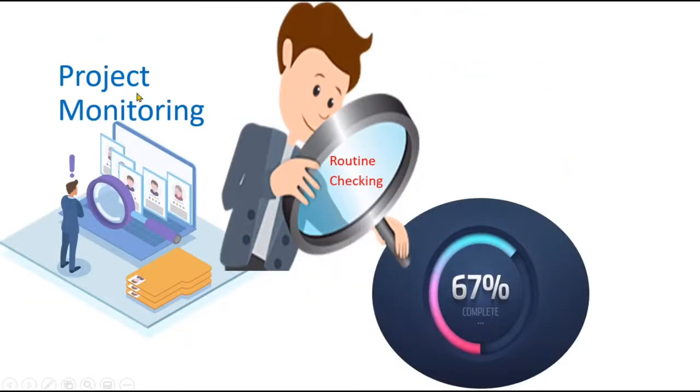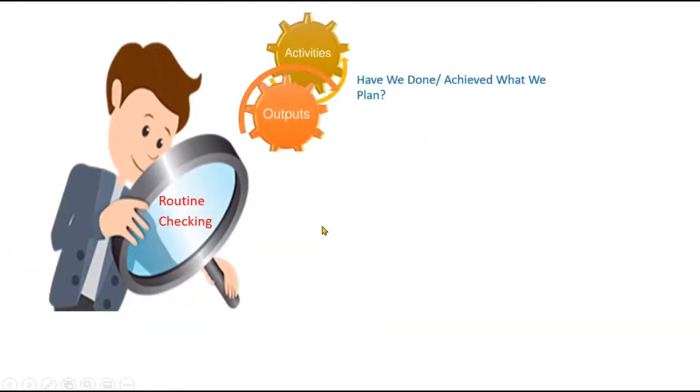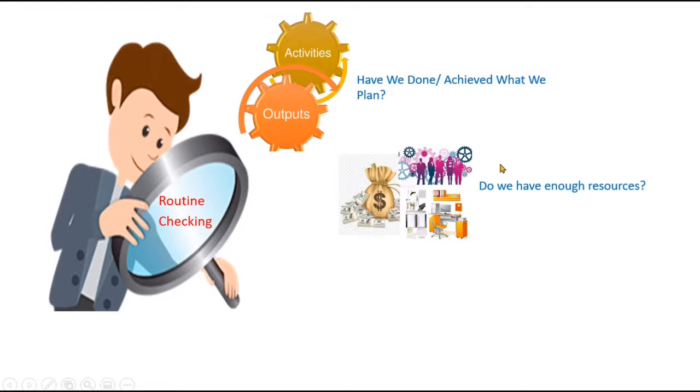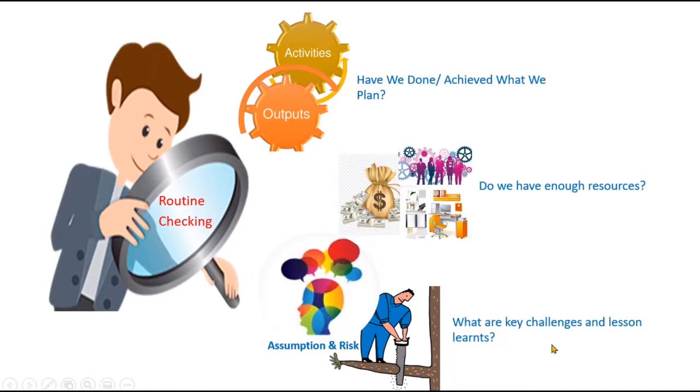In a recap here, project monitoring is routine checking of the progress of project performance. When we check, mainly we check 3 things. We check: have we done what we planned so far? Any single activity that we planned, have we done it? Have we achieved the expected outputs within the time frame that we planned? Look at the resources that we have. Do we have enough resources? How should we utilize all the resources that we have? We also need to check the assumptions or risks. Are there any key challenges that have been encountered, or have we learned anything from